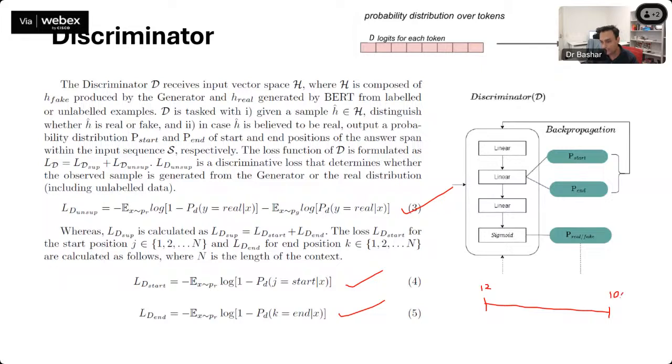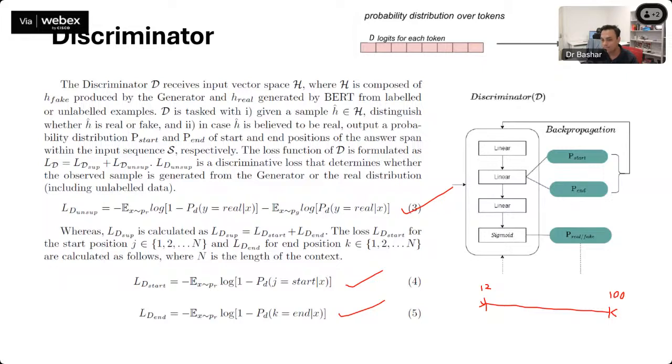Your answer must lie between these two boundaries. If your model predicts a start or end position which is before the context or after the context,